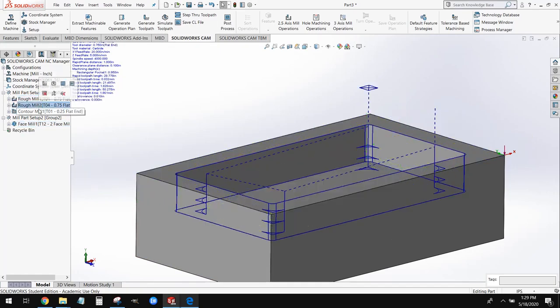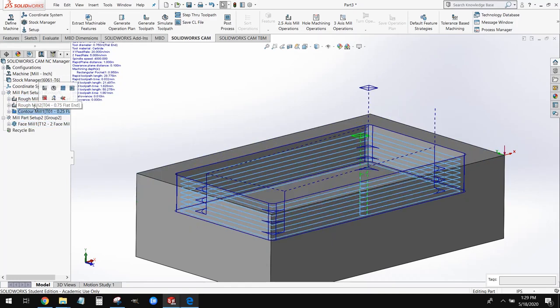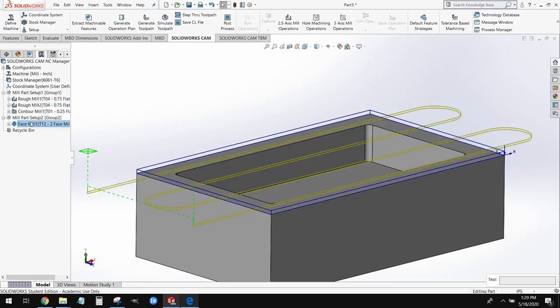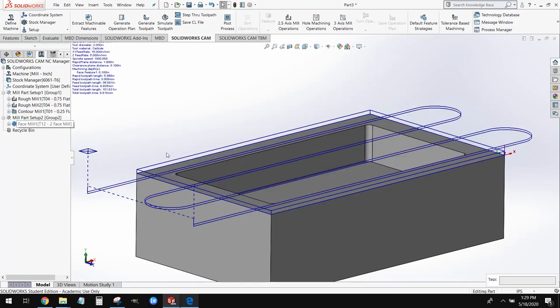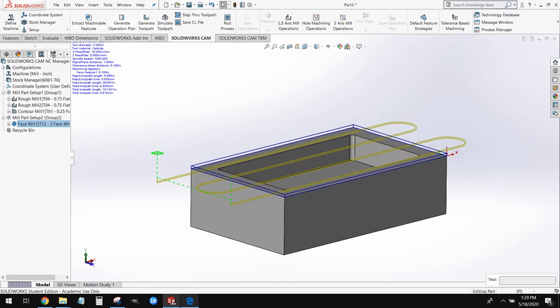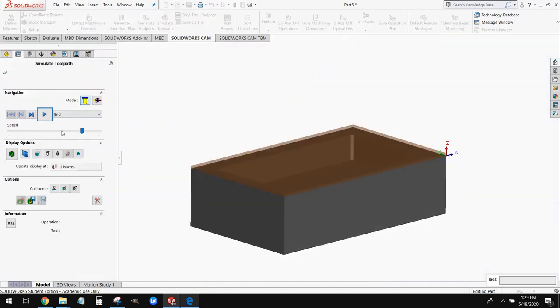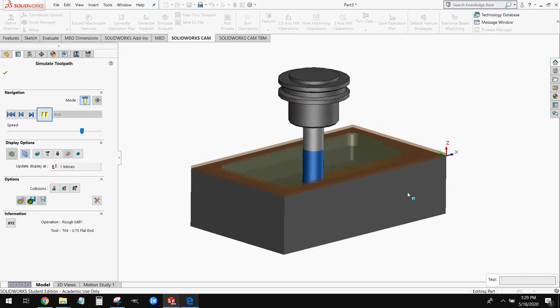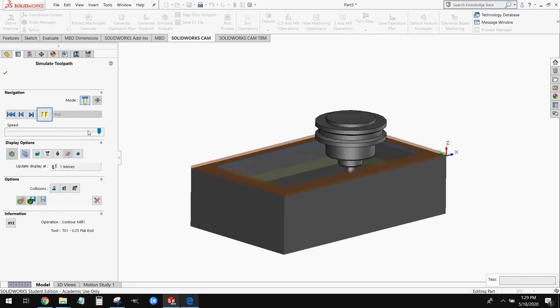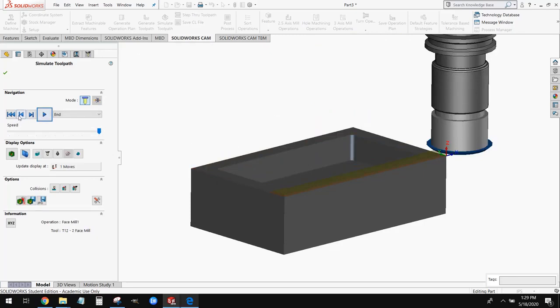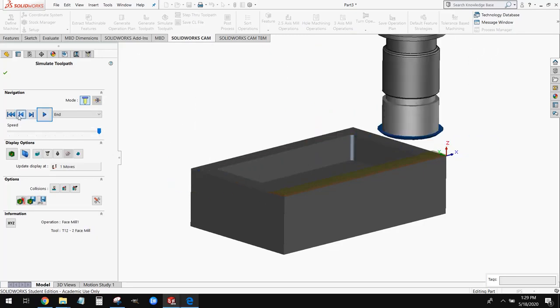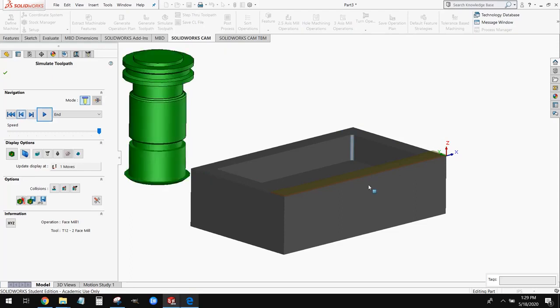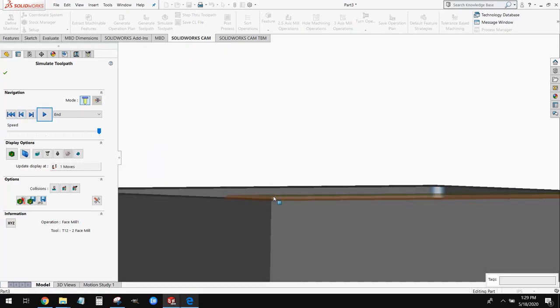So we have our original 3 toolpaths from before, our roughing mill, our contour mill, and then it added in a new mill part setup with a new face mill. And this is good because what it's going to do is, we'll step through this here, run through, mill this all out, just like it did before, and then come through here with a face mill to clean off that 100 thousandths of an inch